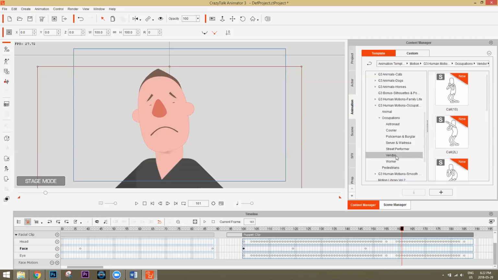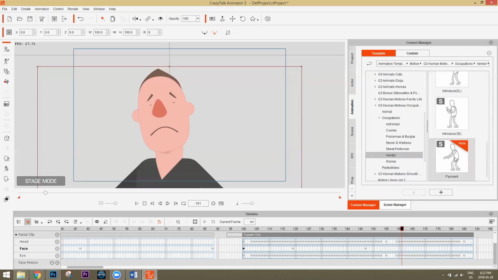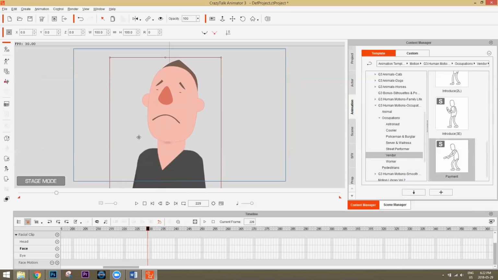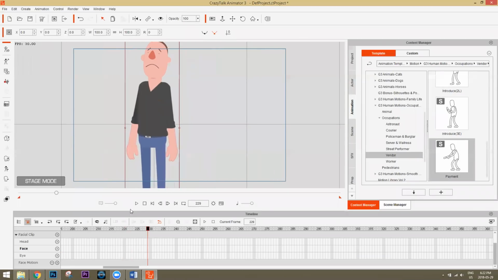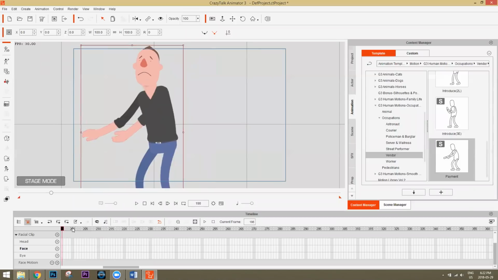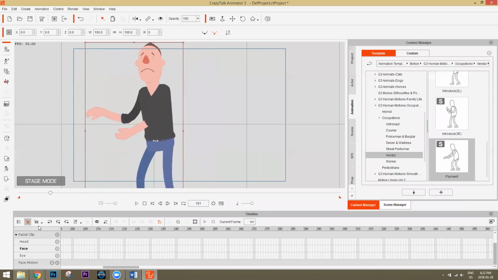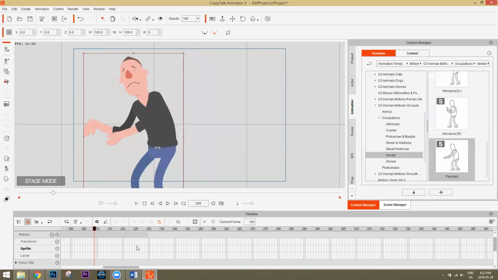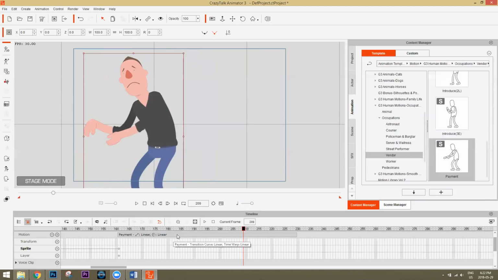So there's an actual animation group called vendor, and maybe this payment one. I don't know. Yeah, so that might work for grabbing the hot dog, and then you can reverse it and have them give the character the hot dog.